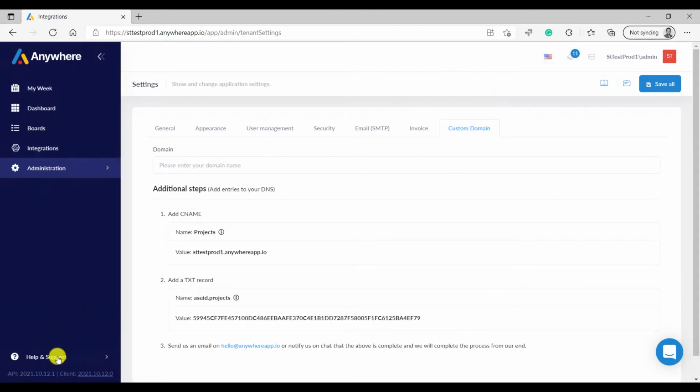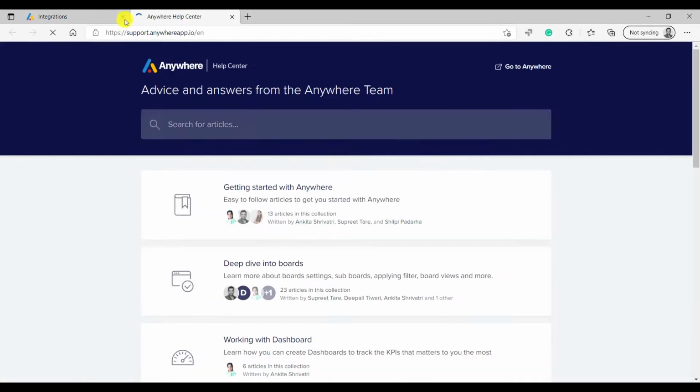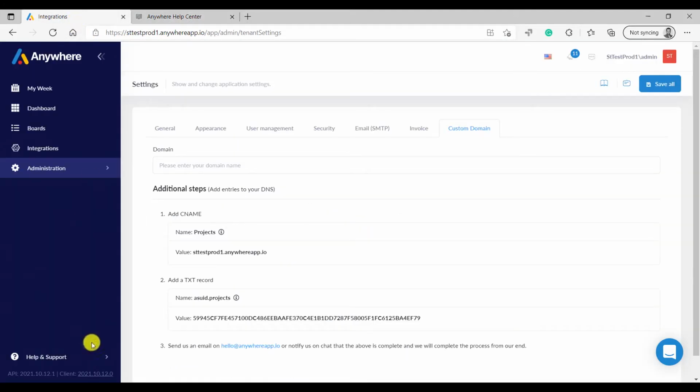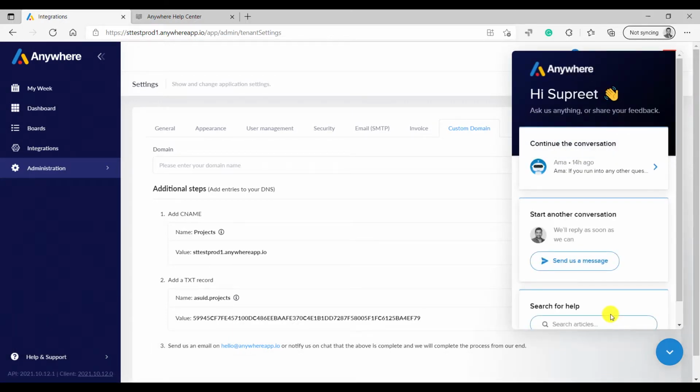And finally, all the support articles are available under the help center. If you click over there, we have a fantastic support center which is filled with a lot of step-by-step articles that help you with almost every feature available within Anywhere, and we keep it really up to date. So feel free to go through that. If you get stuck, you can always search for an article over here, and that should help. But if that doesn't help, you can always chat with the support. We are always there during business hours. We can help you out with any of your queries.